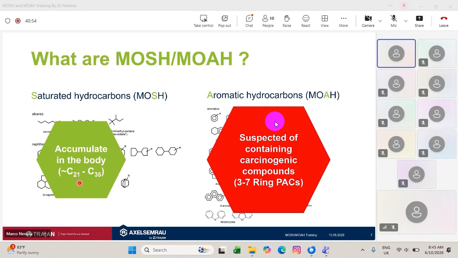So the human body is also capable of metabolizing alkanes. They can be transformed into fatty acids and other types of stuff. And when the compound gets too big or too long, the molecule is just too big to penetrate the human cells. So they are just somewhere and they are leaving your body otherwise. So that's the basic idea why, when scientific tests were done on dead people, they only found MOSH in